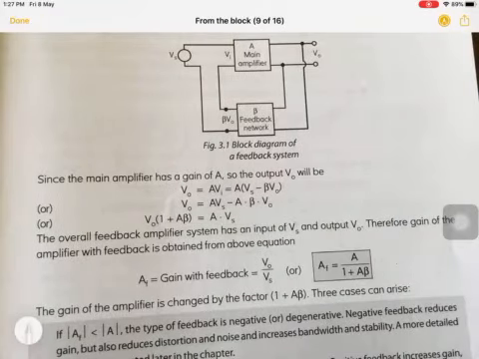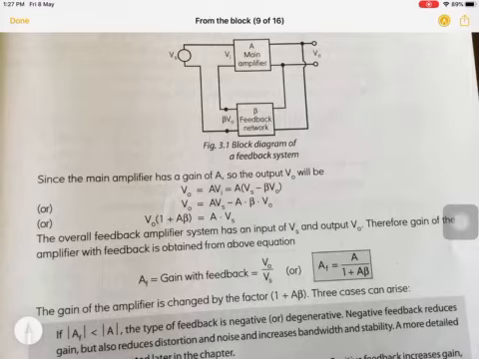This is the main block diagram of every control system. We also studied this type of block diagram in control systems. Here the source is a voltage source. This is the amplifier. It amplifies, as written here, V0 is nothing but gain times input voltage Vi. What is Vi? Vi is nothing but Vs minus beta V0. So V0 is AVs minus A beta V0, so V0 equals AVs upon 1 plus A beta. So if the initial gain of the amplifier was A, now after feedback the gain is reduced by the factor 1 plus A beta.